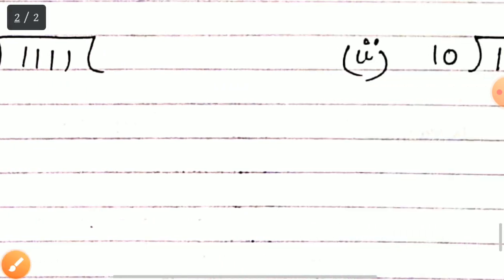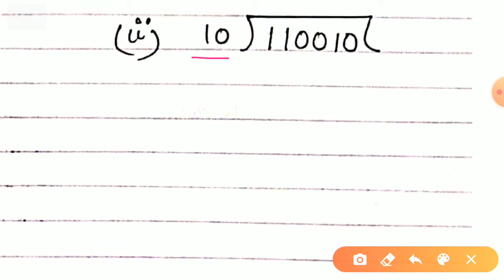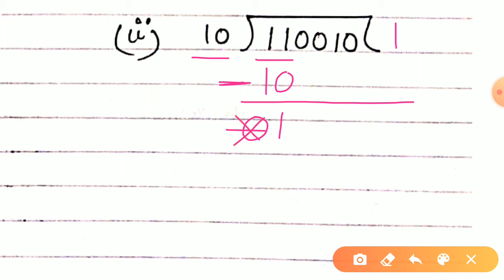Now see the second example for this binary division as well. We have 1 0 with us, and two digits we are going to count from the right hand side. 1 1 we have. So you can multiply 1 0 with 1 and you will get 1 0 with you. Yes, now you have to subtract this part. Now 1 minus 0 is 1. 1 minus 1 is 0. We have 0 and 1. I told you previously that this right hand side 0 we are not taking into concern. So only 1 we are left with, and now we have to drag the 0 downward, right?